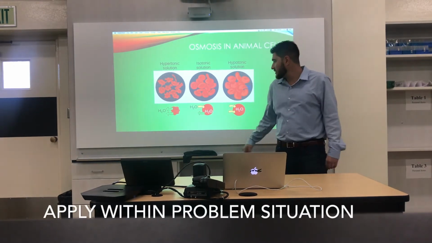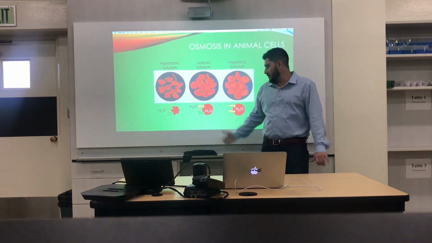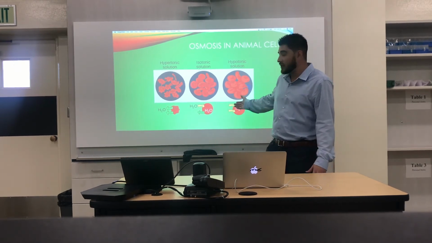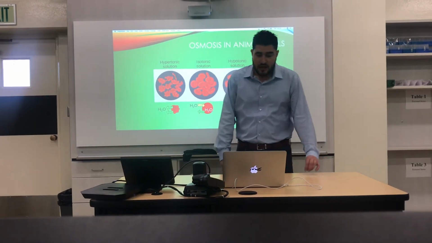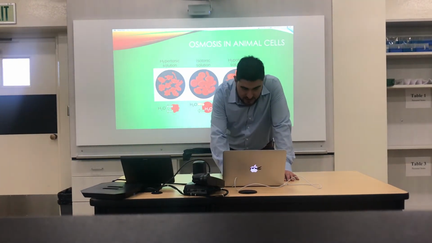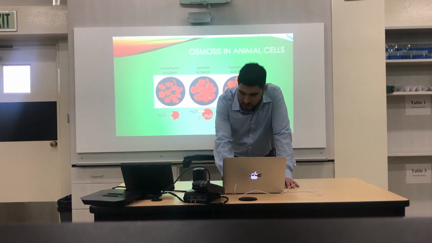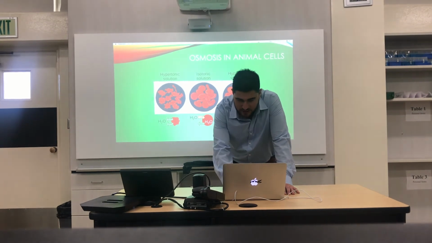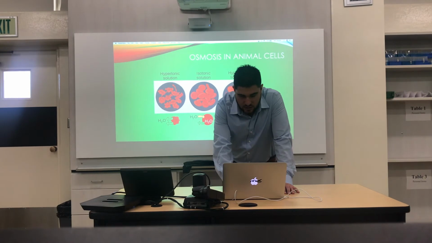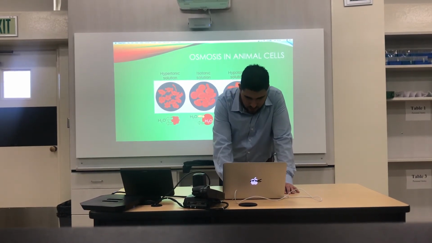So what we want to try and establish is this isotonic solution right here in the middle, where our red blood cells are the happiest, where water is not only coming out, but also going in at the exact same rate. And to do this, you need to have the right concentration of saline solution. So again, you can't have pure water, but you don't want it to be too concentrated of salt water. You want to have just the right saline solution, anywhere between 5 to 10%, so that you'll create this nice isotonic solution that red blood cells will thrive in.